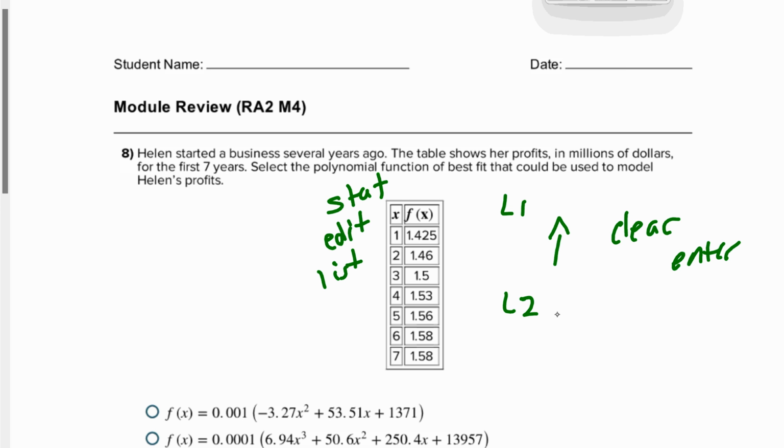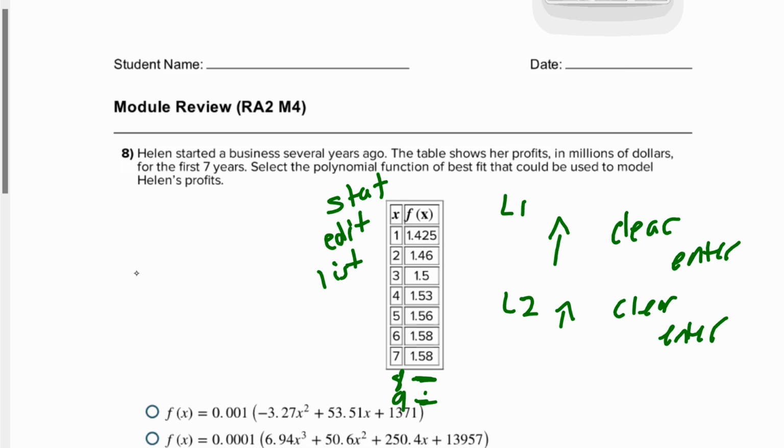And then go to L2, go up to where it highlights L2, hit clear, and hit enter. So then the list is all clear, because if I have extra numbers down here and not L2 values for these, my function's not going to work. But you can type these in and I can check it if you want me to. Okay, so once you're there, once you hit those buttons, then you can go